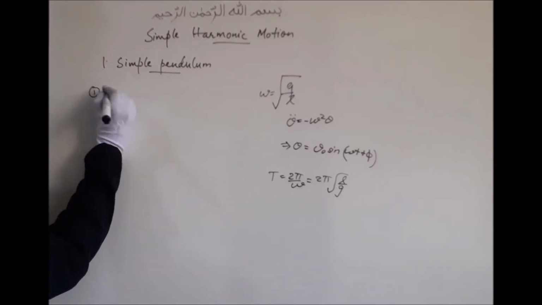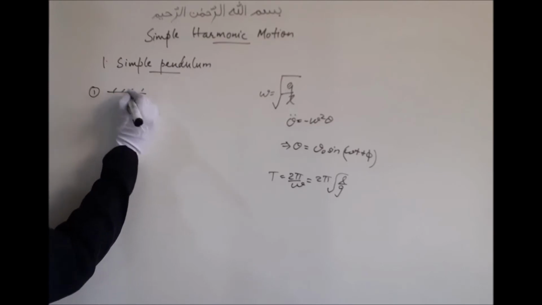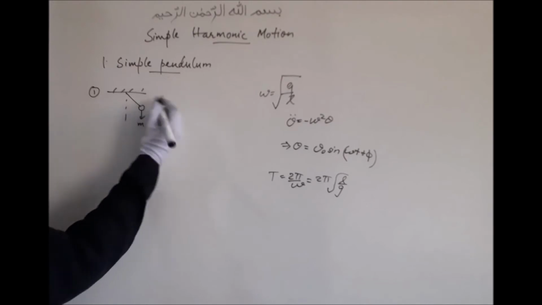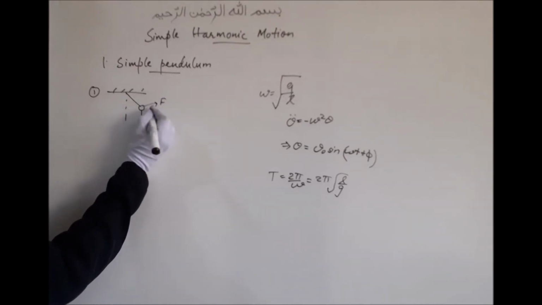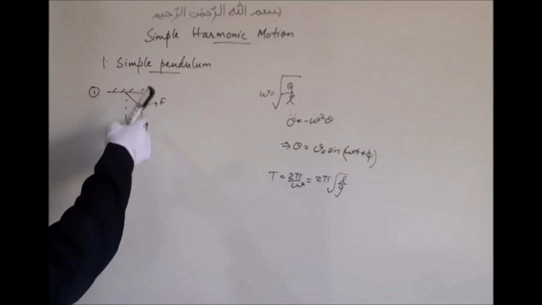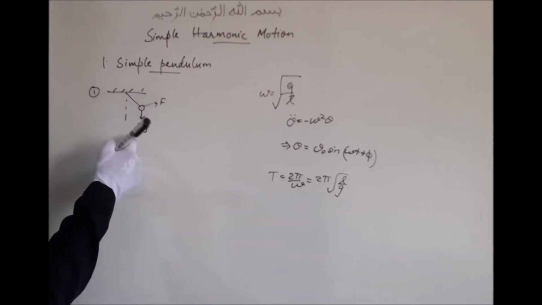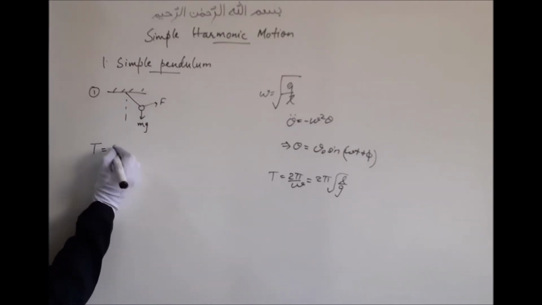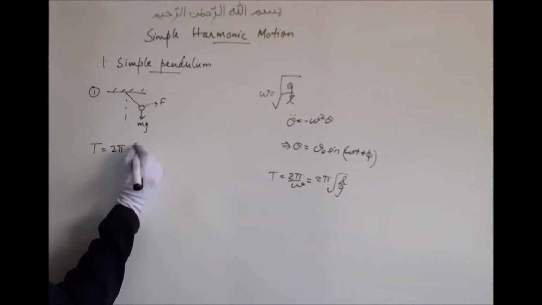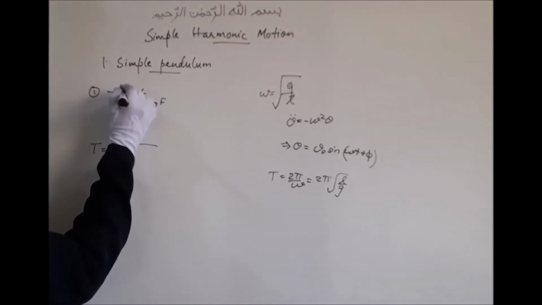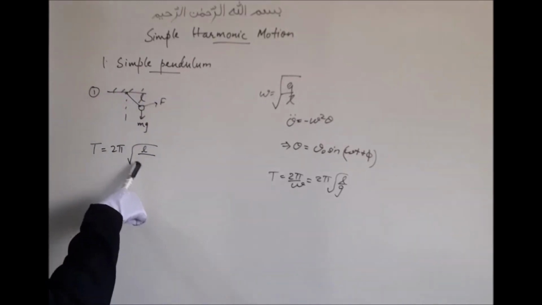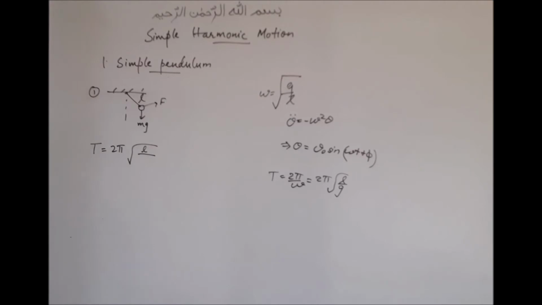Case 1. Let's say we have our pendulum, and obviously we'll have mg acting downwards, and let's say we have some external force F which is acting at some angle theta dash with respect to this mg. So it is making some angle with this downward mg. So what will be the time period in this case? The time period in this case is going to be 2 pi root of L by g, where L is the length of this inextensible string, and g here will take all the force but in the downward direction.